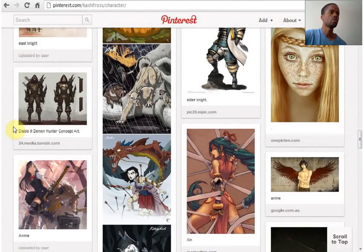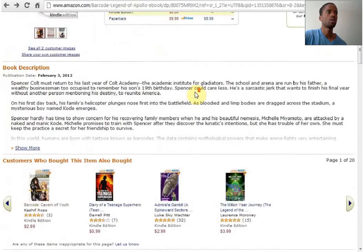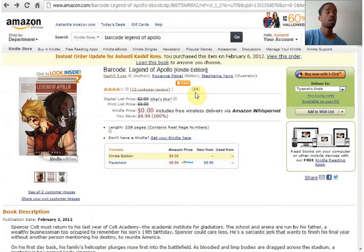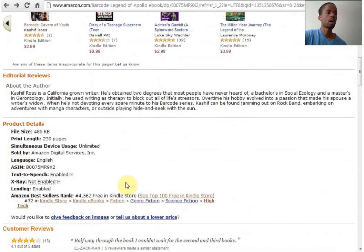So that's how you get someone contracted, and that's how you basically tell them what you're looking for. Beyond that, what you can do is go to a page to design your own cover art. Obviously, I couldn't do this. I'm a pretty decent artist, not on Sheep's level, not on Glennis's level. If you scroll down to a page with someone that has ranking, or you go to Kindle's